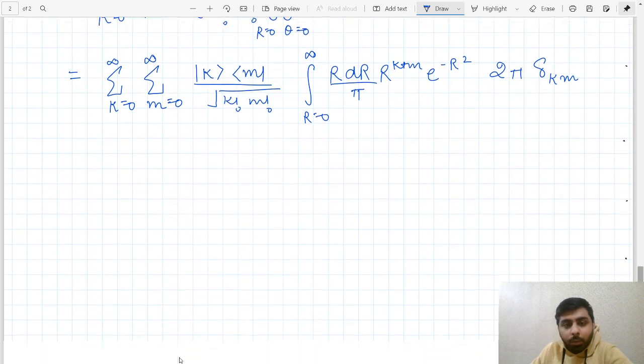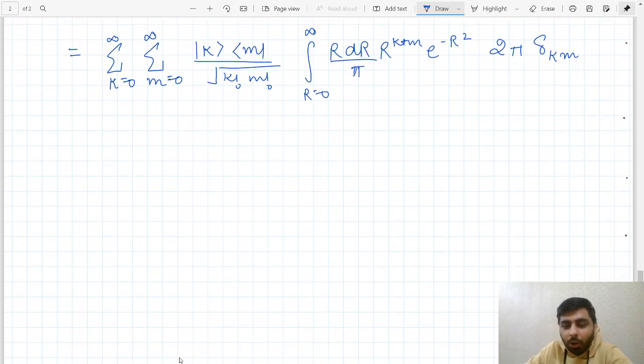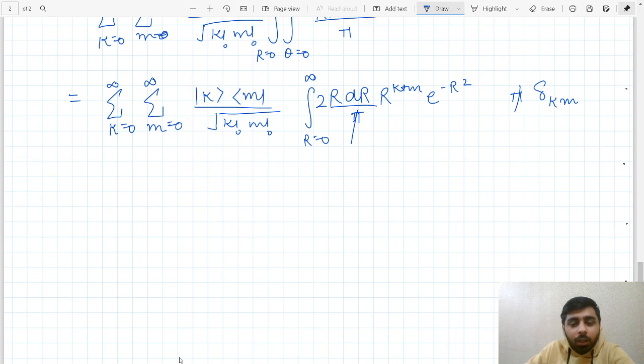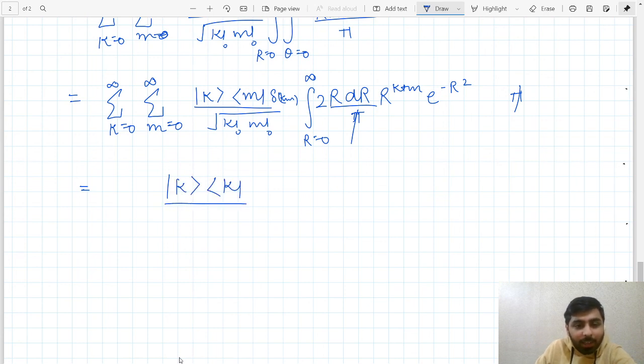Now the beauty of the whole proof comes around here. So that pesky pi in the denominator was actually there to cancel with this. And let's bring that 2 here, because now the power of the gamma function is coming. And so now there is something else that we need to realize. So write this delta km here. Because there is a delta km here, these two summations are going to contract into one. So let's simply replace this with the sum over k, divided by k factorial.